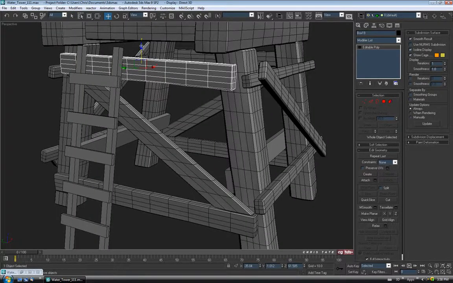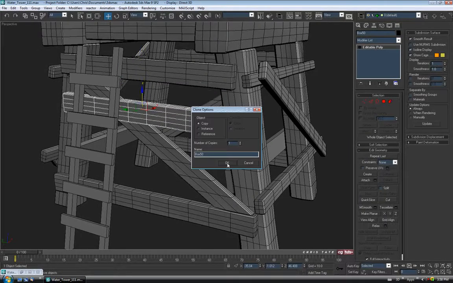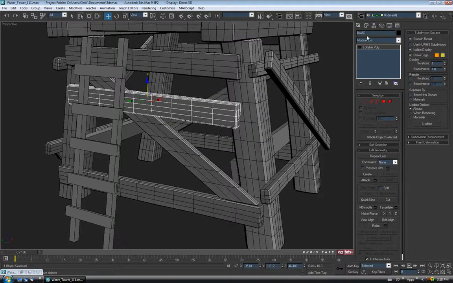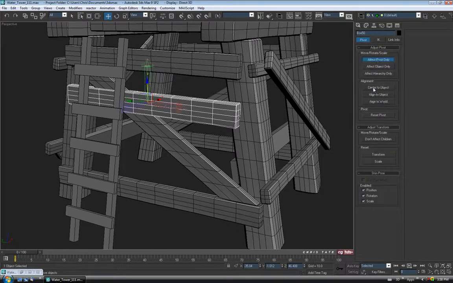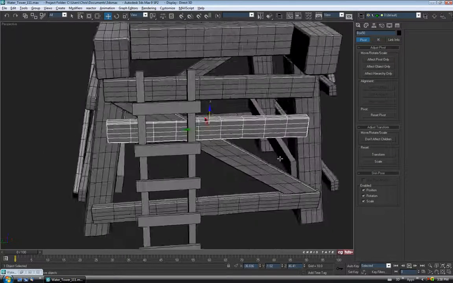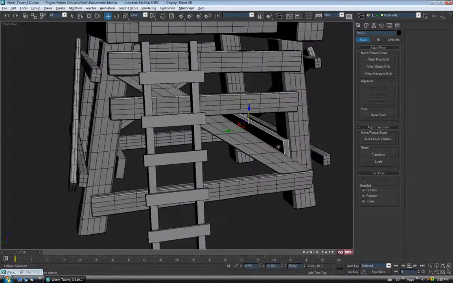Alright, so I'm just going to grab this one up on the top front there. Just shift drag a copy down on the Z. Okay, and we'll say okay, and let's check the pivot point here. So hierarchy tab, effect pivot only, centered object. Just make sure it's centered, and then let's grab that one we have blocked in there and do the same